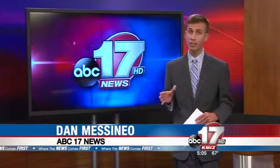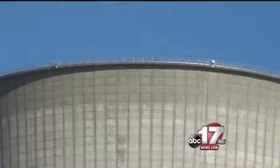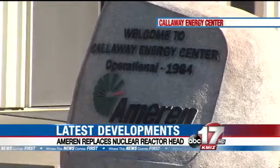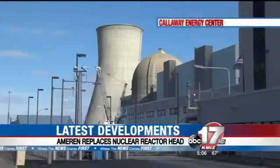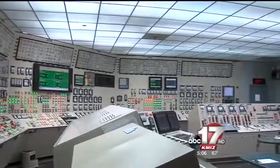It is, Dana. Ameren administrators say replacing the reactor head can only be done when the power plant is offline, meaning it has to stop generating power. Ameren took the plant offline in mid-October for routine refueling and maintenance, and it will stay offline until this project is complete. The familiar vapor plume pouring out of the cooling tower at Callaway Energy Center near Fulton can't be seen today. The nuclear power plant that usually puts out enough energy to power around 700,000 households each year is